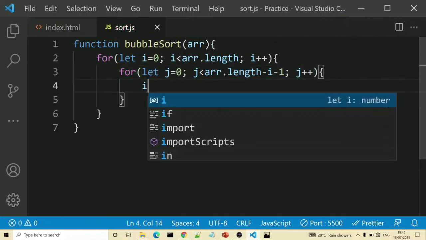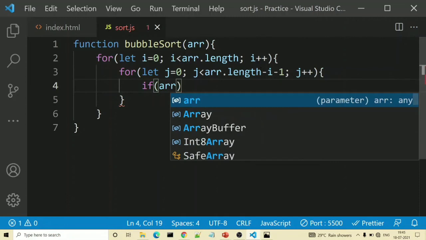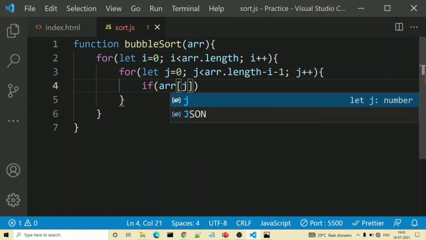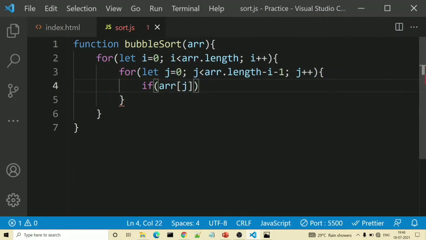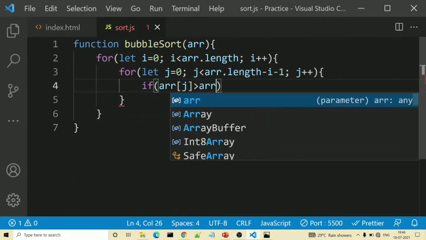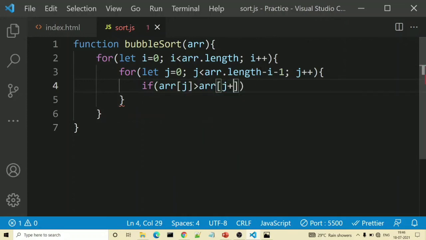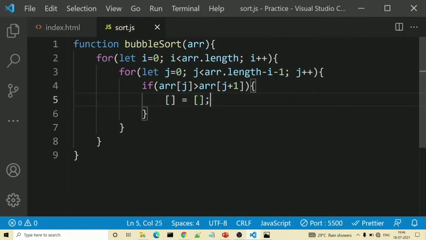Inside that, now we will check if arr of j is greater than arr of j plus 1. That means it is not in the correct order. At that time we will swap the values, and for swapping we will make use of the ES6 shorthand syntax.